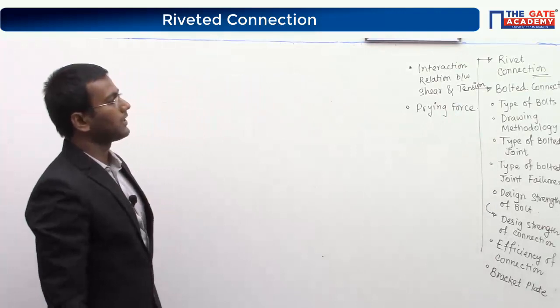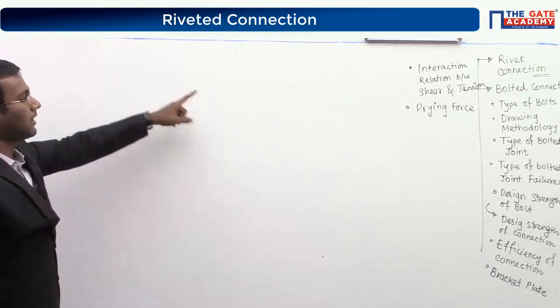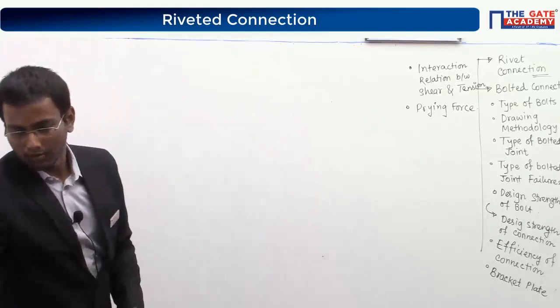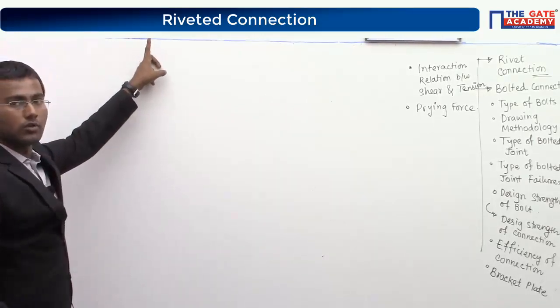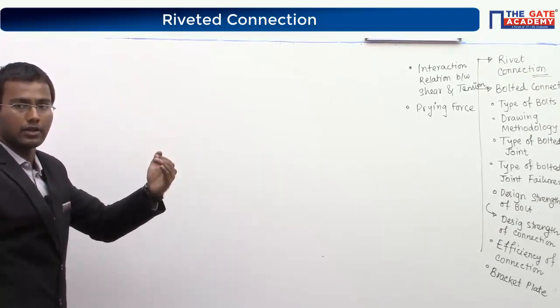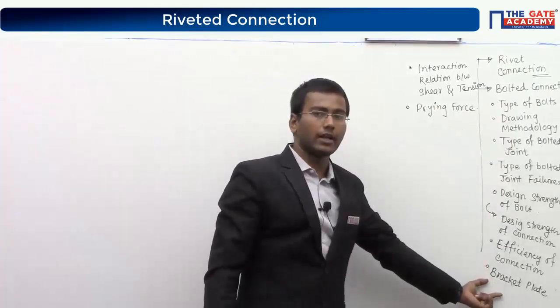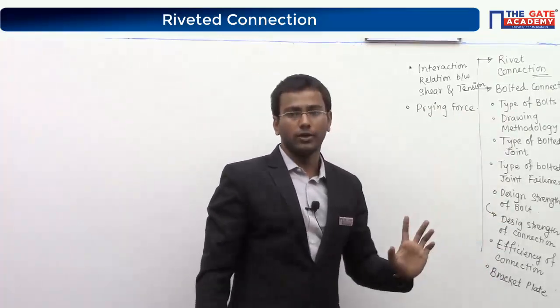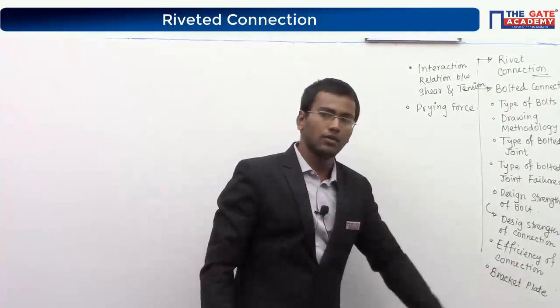So these are the topics and subtopics under bolted connection and bracket connection subpart. Because in this chapter, bracket connection has two types. One is your bolted bracket connection, one is your welded bracket connection. As we are discussing the bolted connections, we will discuss bracket plate also within the bolted connections. When we discuss welded connections, again we will discuss the bracket plate part.